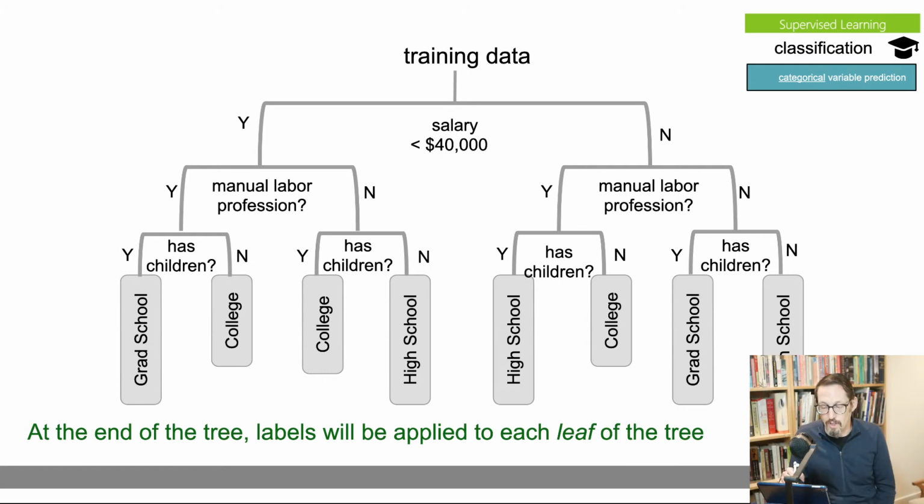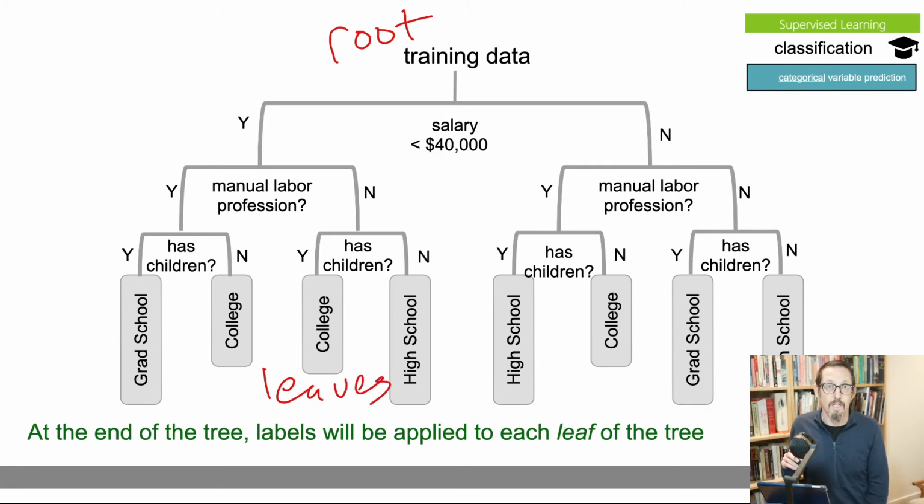So it's called a decision tree because it has this branching structure. And therefore, this is called the root of the tree. And these are the leaves. Okay, you'll come to learn that quite a lot if you're not already familiar with it. It's a very common computer science-y thing to have a tree like this.